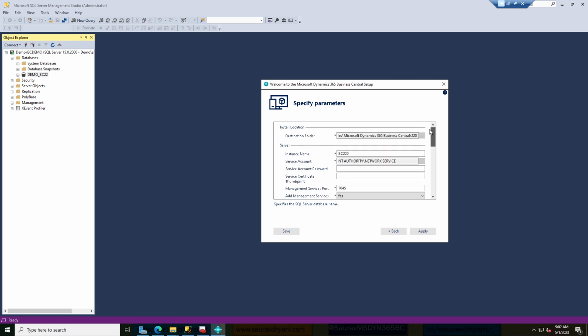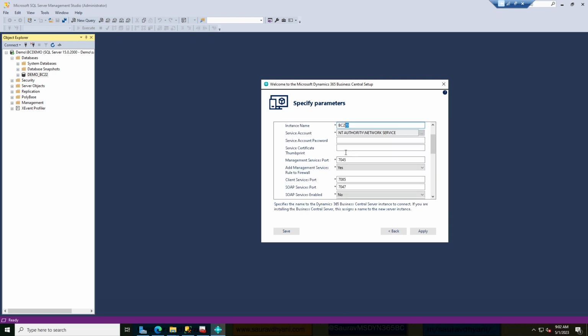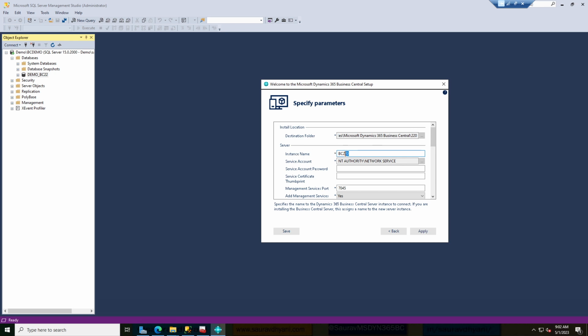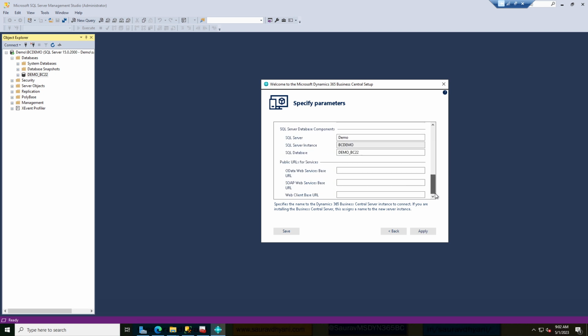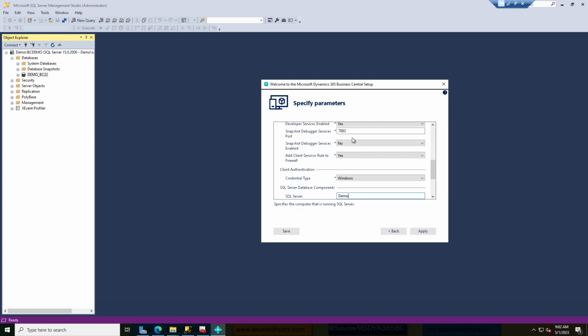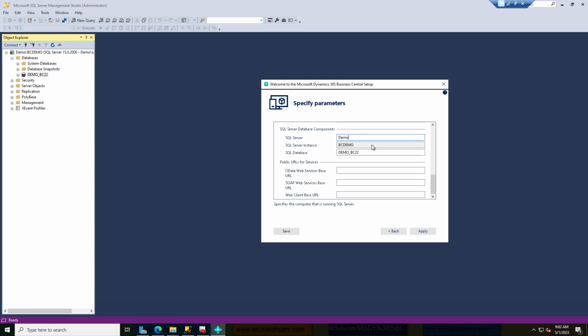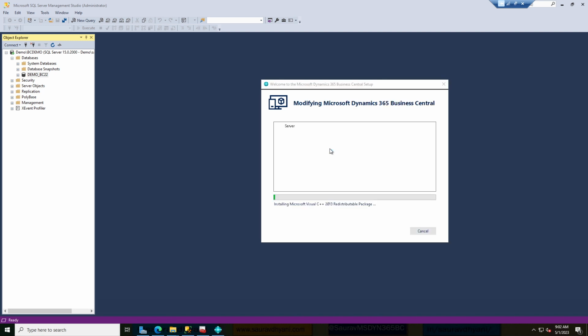And just to make the explanation easier, I'll also change the service name. My service name will be called demo bc22. So what's going to happen? A new service will be created called demo, and the instance name will be demo bc22, which will be pointing to a database on my SQL Server demo, in my instance bc demo, and the database name is demo bc22. And I'll hit apply and start installing the components that are needed to set up and install